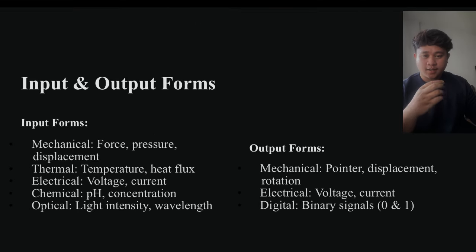All right. And now let's move to the measurement system and their outputs. First, let's look at inputs. Inputs are the physical quantities we want to measure, such as force, pressure, temperature, voltage, or chemical concentration. The outputs are the signal or information produced by the system. They can be mechanical, like a pointer moving on a gauge, electrical, such as voltage or current signal, digital, which is a binary signal used by computers or controllers. Essentially, outputs are how the measurement system communicates